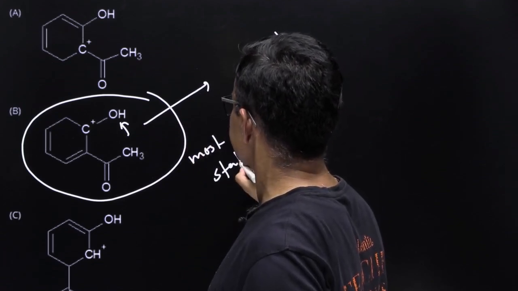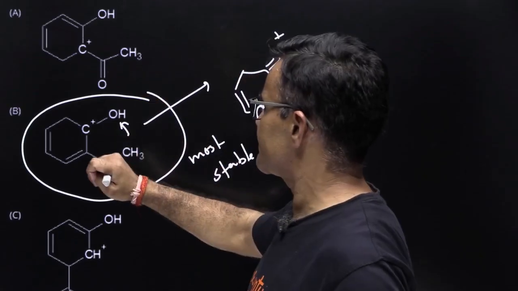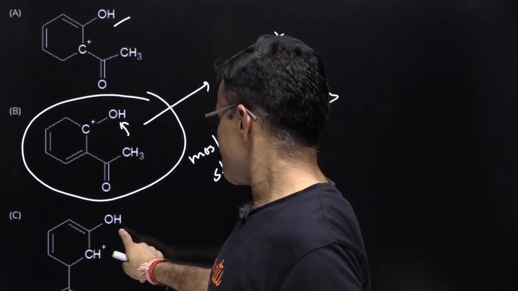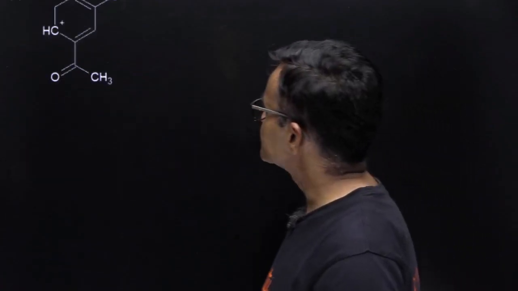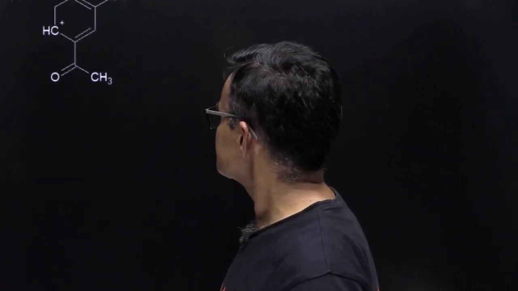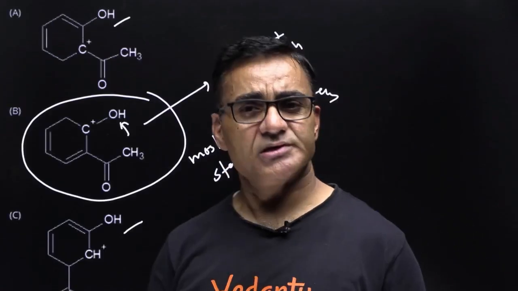ऐसा और किसी में नहीं है, बाकी सब में कार्बन पे ही प्लस चार्ज रह जाएगा। यहाँ OH थोड़ा आगे है, यहाँ भी OH डायरेक्टली नहीं अटैच्ड है उस कार्बन से जहाँ पे प्लस चार्ज है, और यहाँ भी कुछ ऐसा ही है। ऑलराइट, सो योर करेक्ट आंसर इज बी। ऑलराइट,